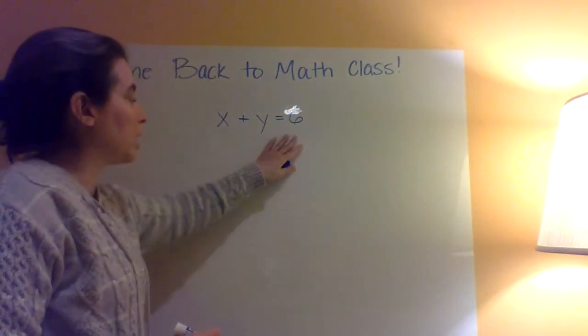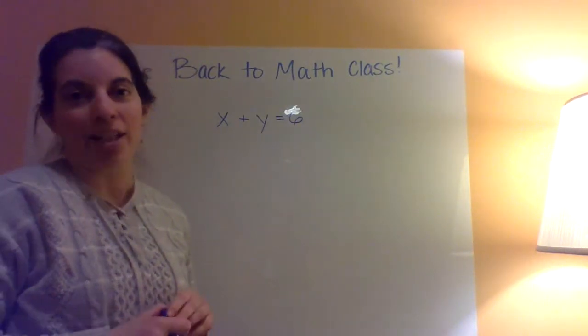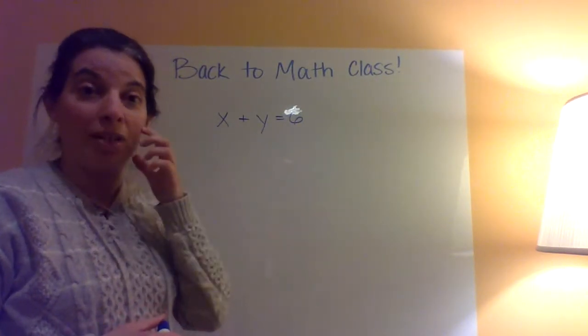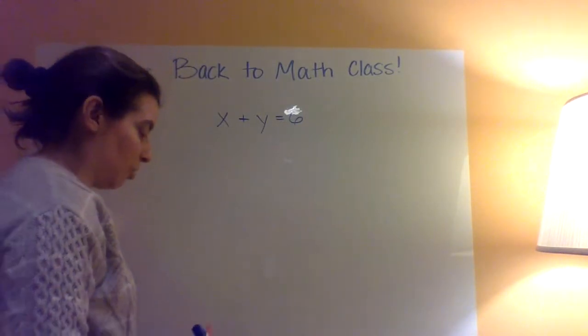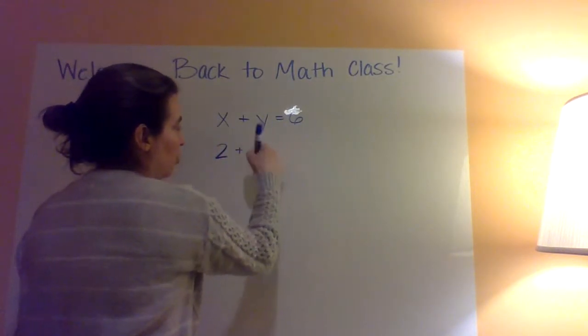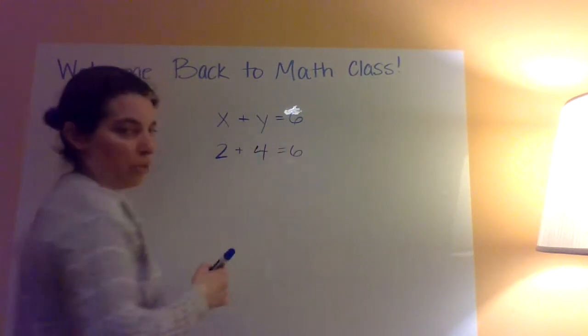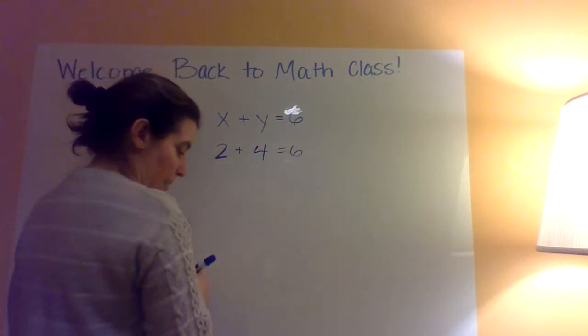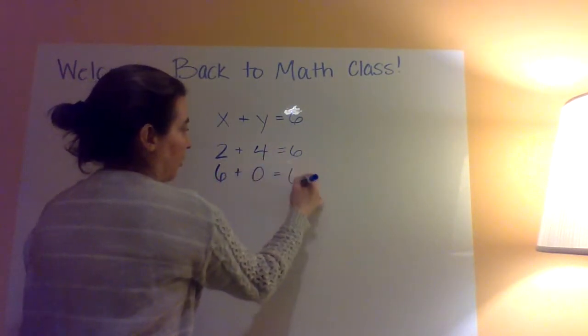So x plus y equals 6. We don't know for sure what x and y are. There are actually a lot of different choices that x and y could be. So you can see some of those in that table there below. If x were 2 and I wanted 2 plus something else to add up to 6, well then this would have to be 4. So that's one option. Another option is if x were 6, then y would have to be 0 in order for those two to